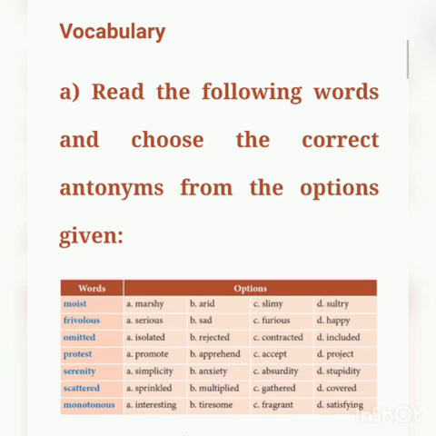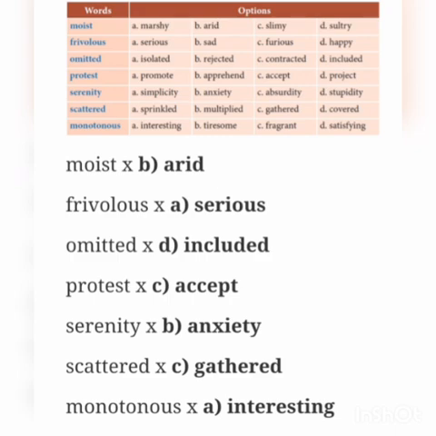Read the following words and choose the correct antonyms from the options given. So they have given words and options. You have to read the question and find the answers from the options. Okay, and let me tell you the answers. You can mark it. Moist: marshy, arid, slimy, sultry. What is the answer? Arid. The next word, frivolous. Antonym: